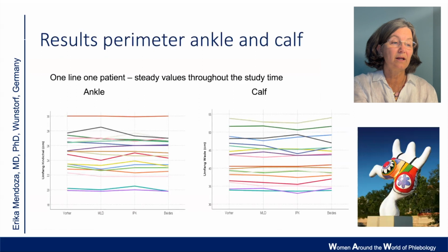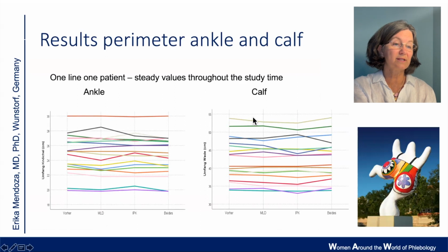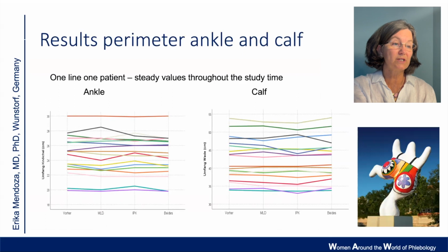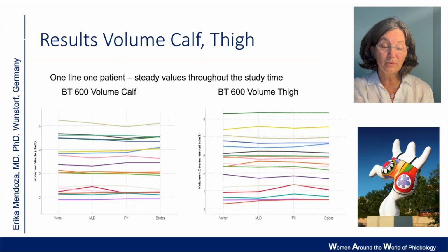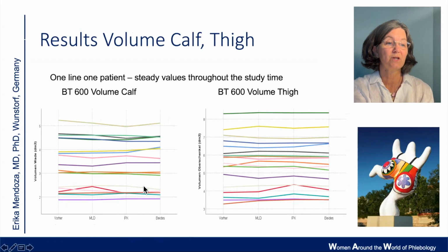We made an evaluation. Each line is a patient, and we controlled how they changed the values throughout the study. And the perimeter of ankle and calf, these lines are really, really steady if you look at them. The values were steady for the perimeter. The values were steady for the volume. Each one of them is, this one is before, this one is after the MLD phase, this is after the IPC phase, and this is after both phases. So we can see that the results were really, really